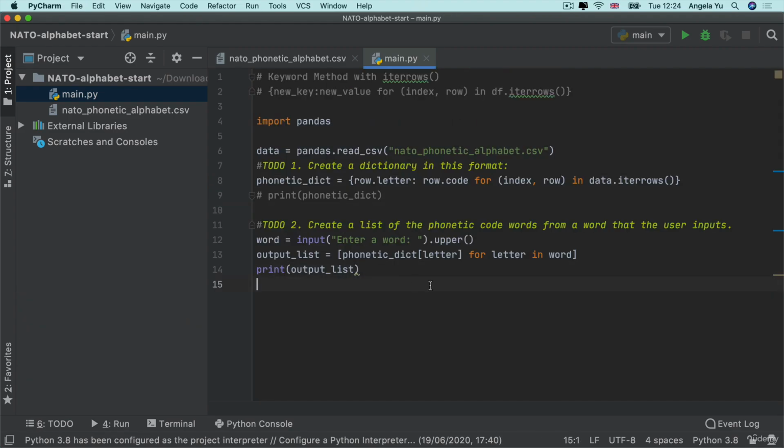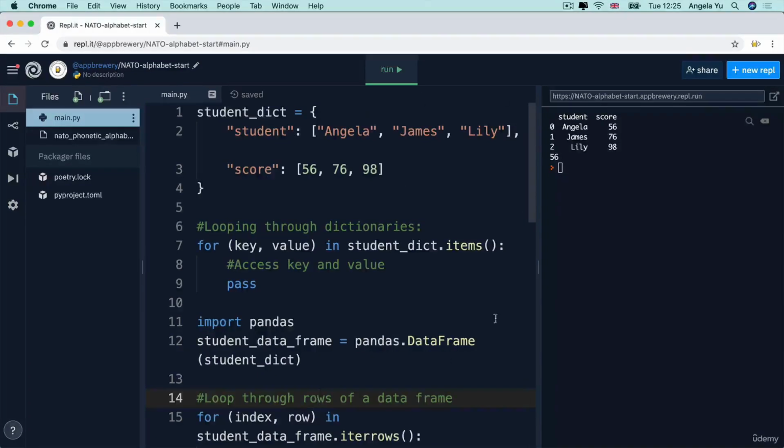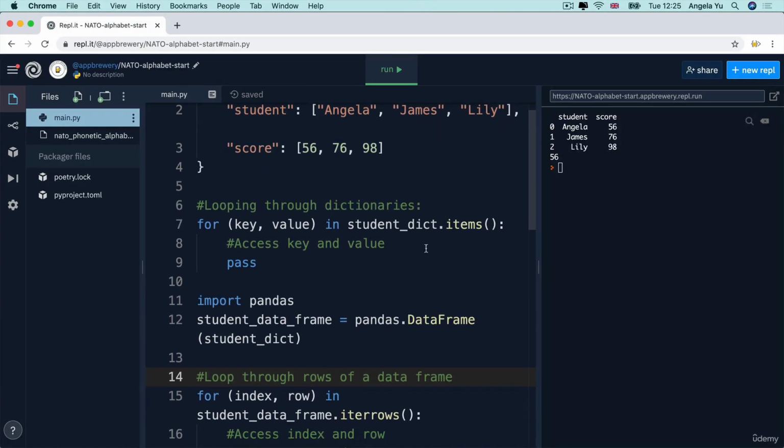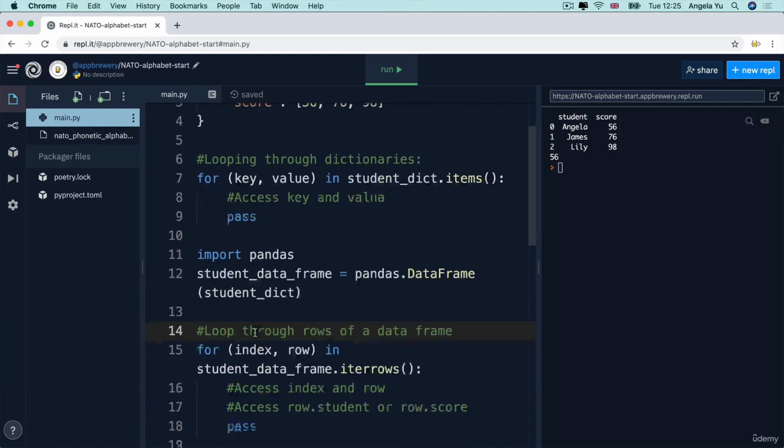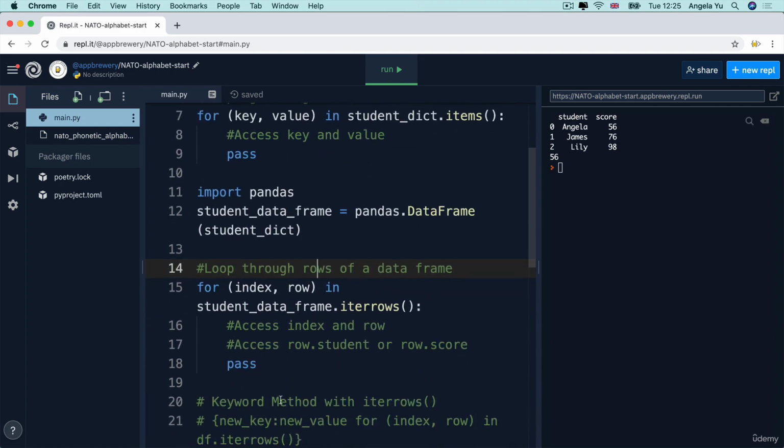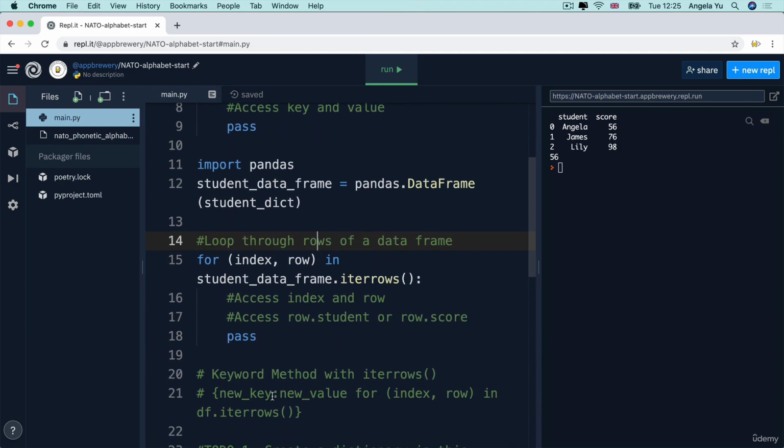Did you manage to complete this challenge? And if not, which part did you stumble on? Was it the part where you were using the iterrows? If so, then go back to the starting file for this project and go through each of the different ways that we're looping through it, and use print statements to really understand how the loop is actually going through